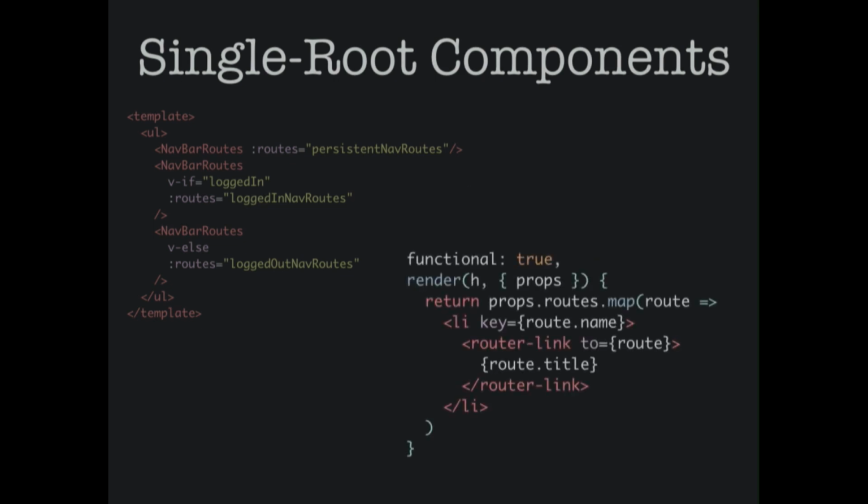Well, there's a solution. A lot of people don't know this, but functional components that use a render function can actually return an array of elements. So here, we're mapping over all of our routes, and then we're returning an li with a router link, which is a Vue Router specific component. And that will actually work. Multi-root components! I was really, really happy when I was able to do this too. It opened up a whole new